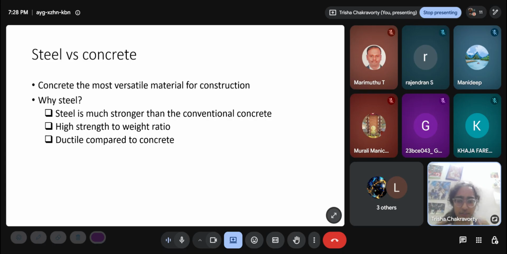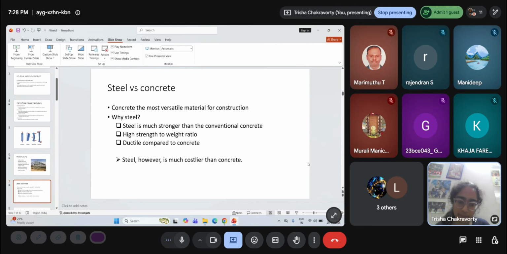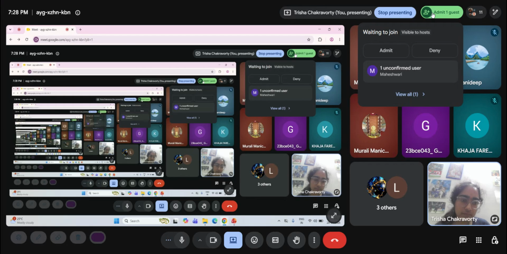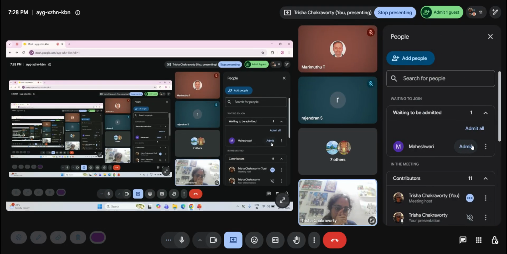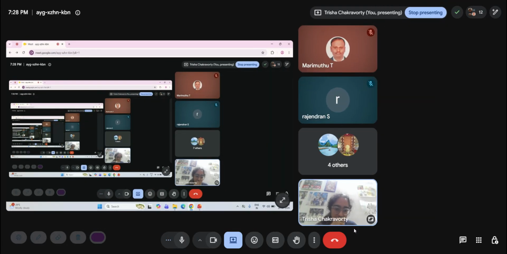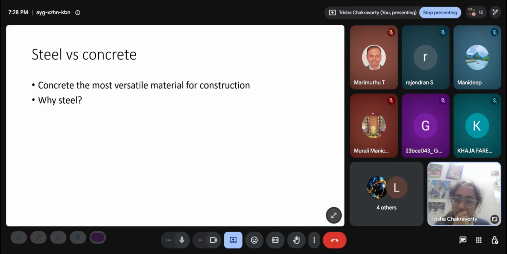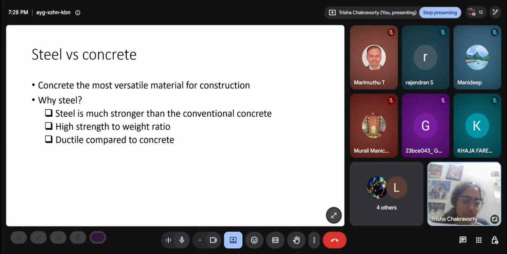So it allows a lot of deformation, and this is very important in the context of earthquake engineering. Particularly, there is an IS code called ductile detailing. Ductile detailing is important because suppose a building is undergoing a severe earthquake and it is about to collapse, but it is made of a ductile material, and suppose a beam column joint is failing. If it is ductile, a beam column joint, suppose it's about to fail.